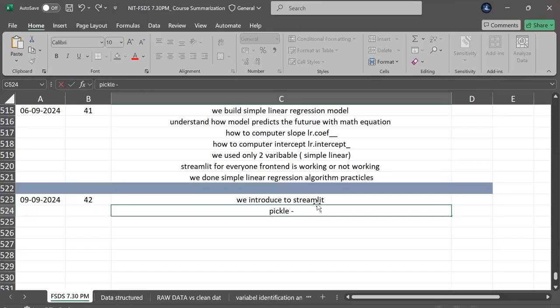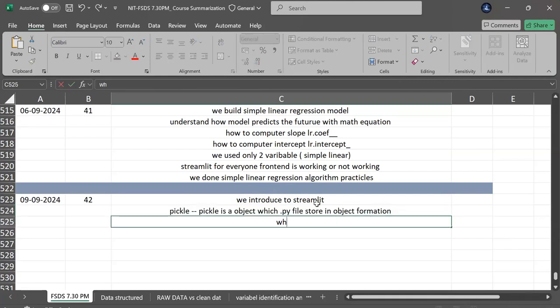Pickle. So what is pickle? Pickle is an object in which the model, which the .py file, is stored in object format. So why do we store it? While we create a front end,